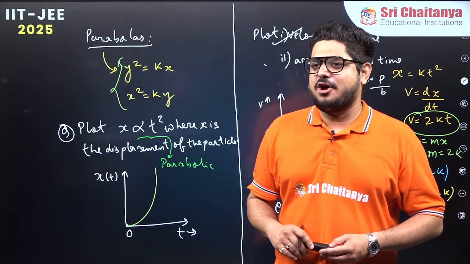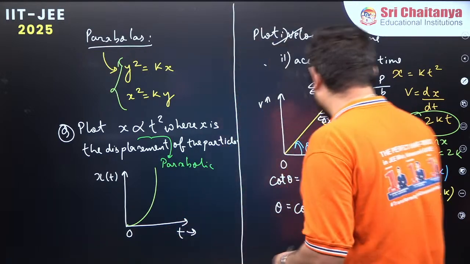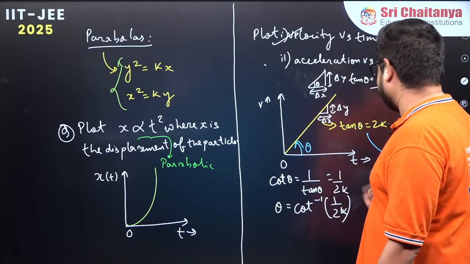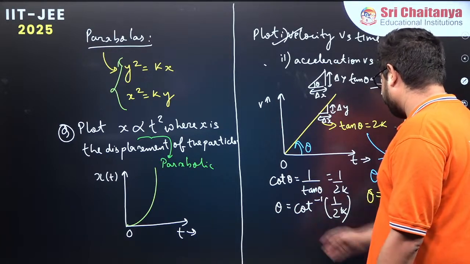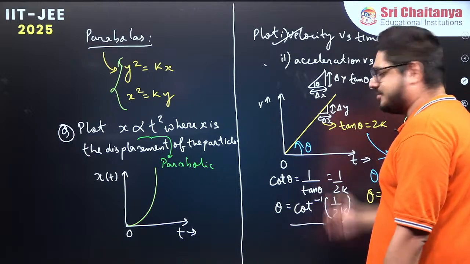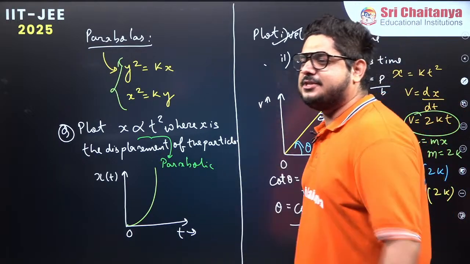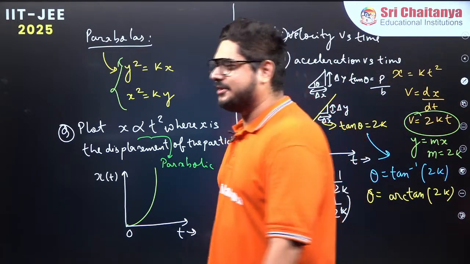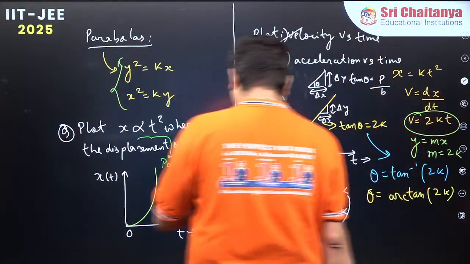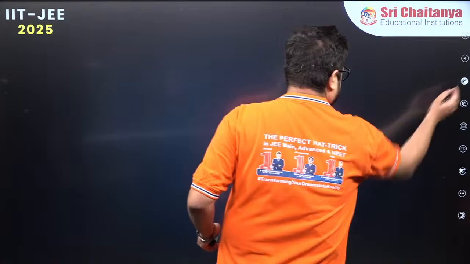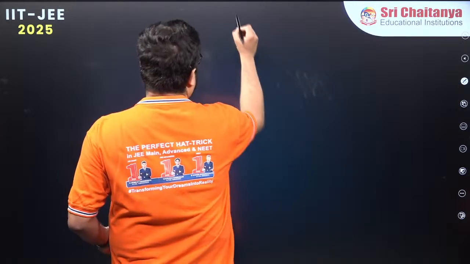If you can recall, I asked how to write down cot theta. Cot theta is 1 by tan theta. So tan theta is 2k, I wrote it down as 2k. So theta can also be represented as cot inverse of 2k. So can you write down the expressions of sine and cos from this? Now my question to you is, we will try to plot. Okay, fine. So in the next page what I will be doing is, first of all let's try to plot